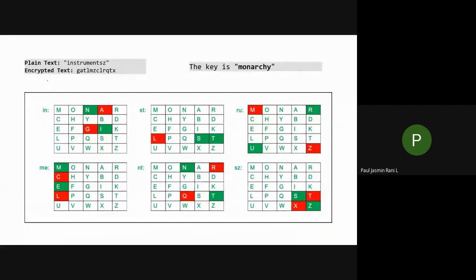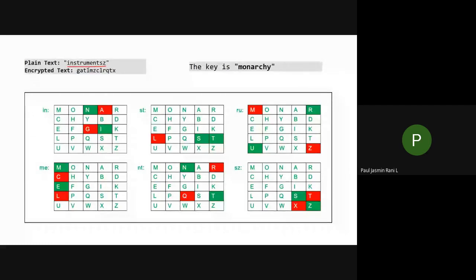Okay, next let us see one example. Please have your paper and pen with you. Let's solve this problem. Using the Playfair cipher, you are going to perform an encryption. At last, I will explain how to find the decryption. First, let us do this encryption. This is your plain text. Please don't consider these codes; consider only the alphabets. The plain text is instruments.